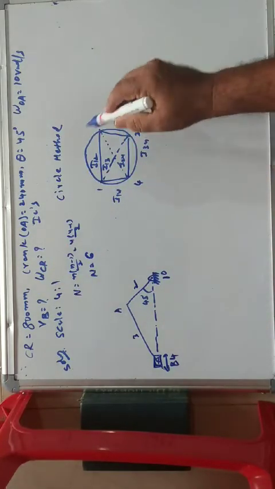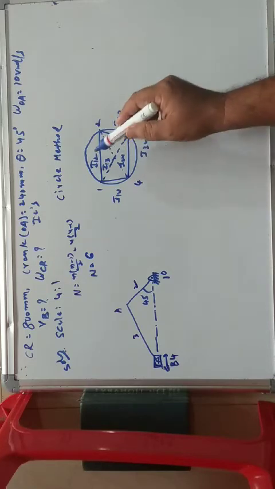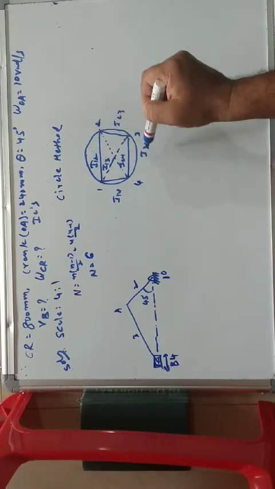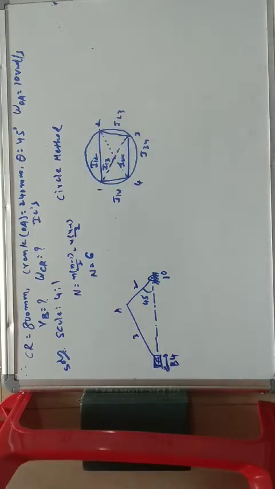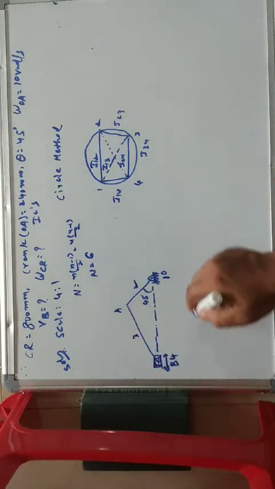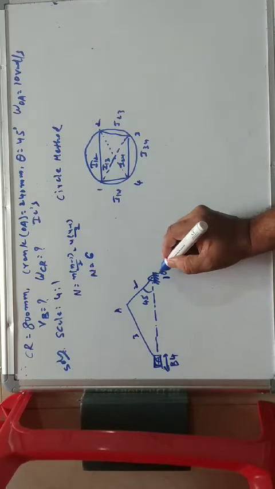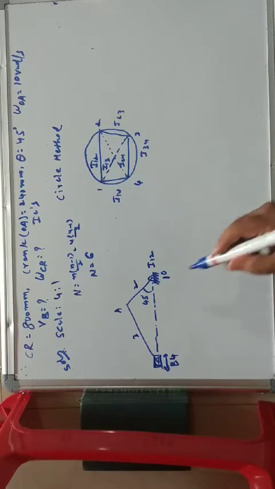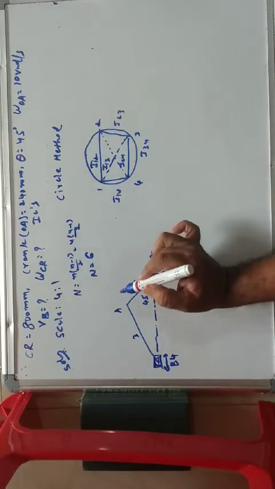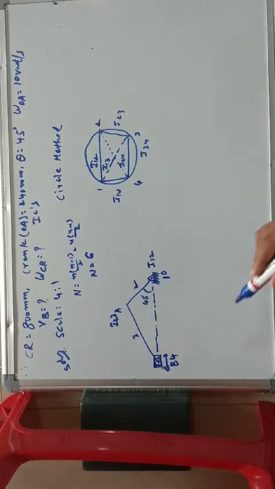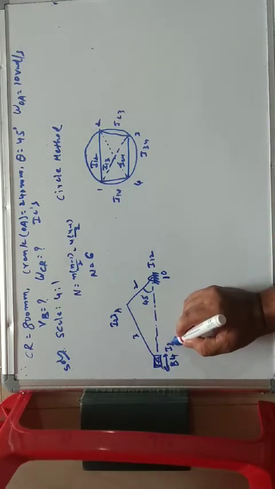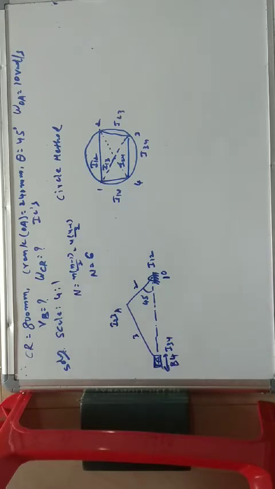So thus I have drawn the circle here. Then 1, 2, 3, 4 I have put. Then instantaneous centers are I12, I23, I34, I14. Then join the diagonal I24 and I13. Okay. I will try to locate on this. So here the link 1, 2 is connected here. This is I12. 2 and 3 are connected here. Right. So this is I23. Here 3 and 4 are connected here. This is I34.